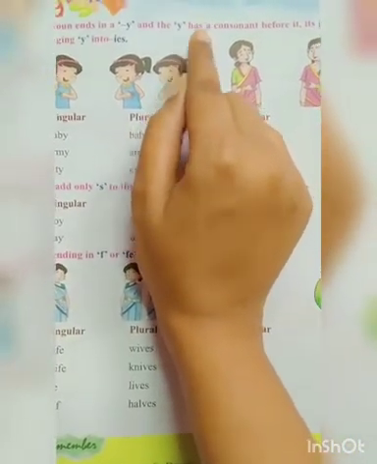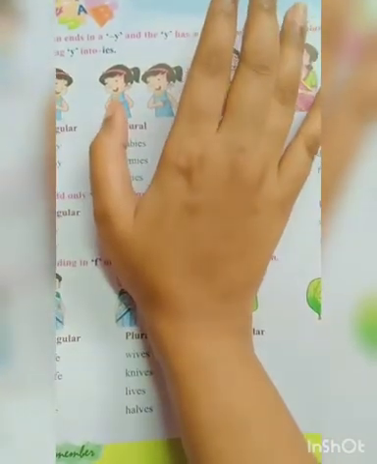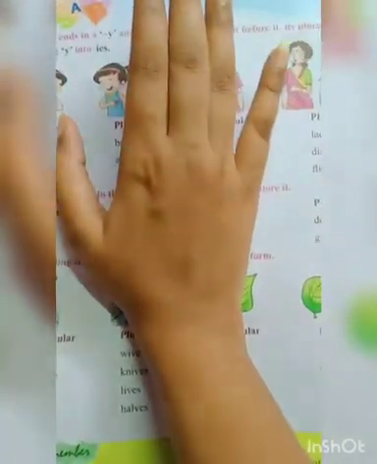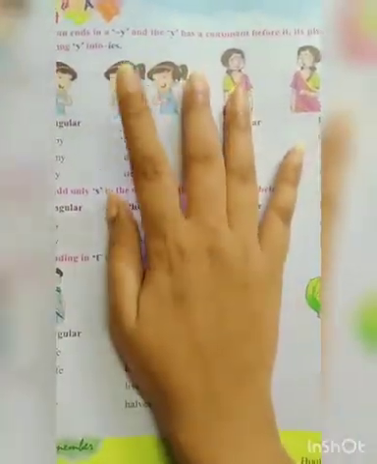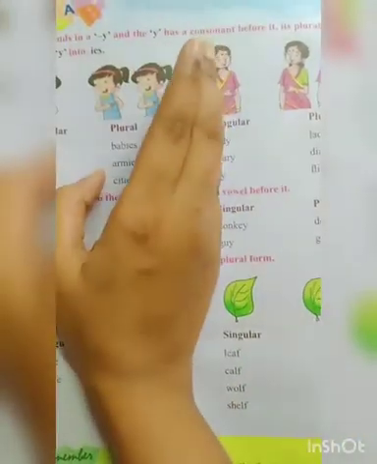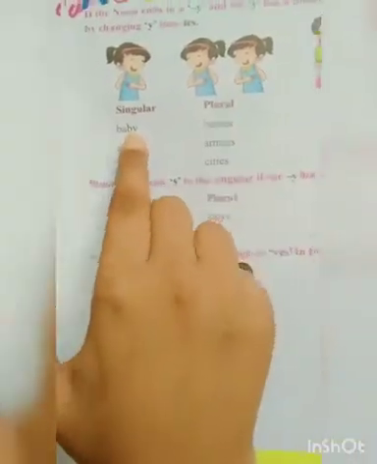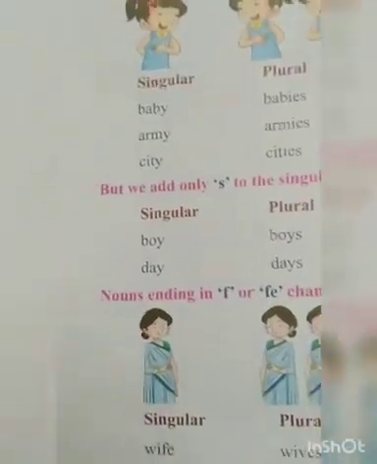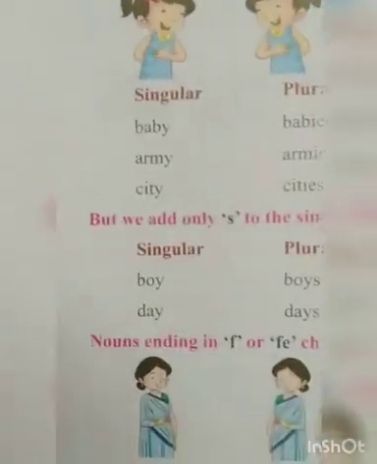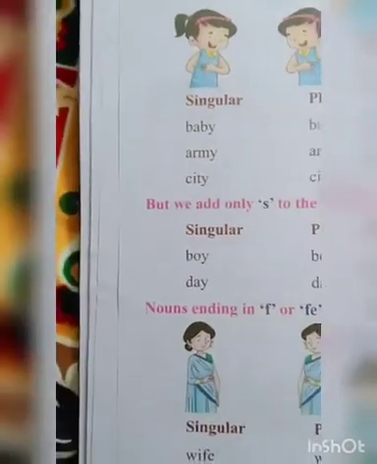Now you know, students, what a consonant is and what a vowel is. Consonants are the 21 letters from b c d, right? You remember? Yes. And vowels are a e i o u. Now before y, if the letter is a consonant, that means we will put ies. For example, see baby. Here y is given, right? I have told you that if a consonant letter comes before y, we will put ies.